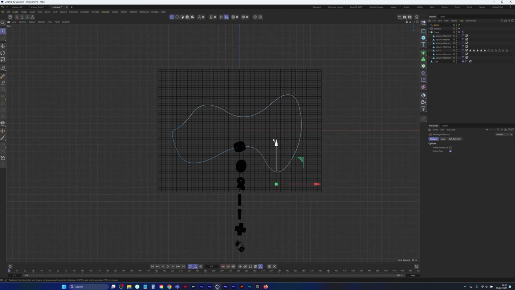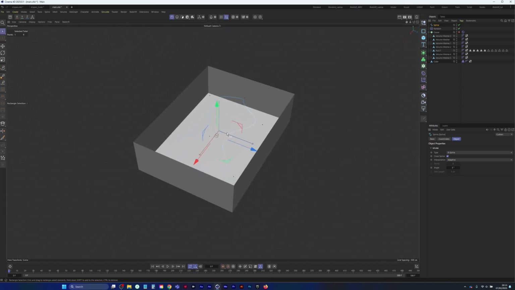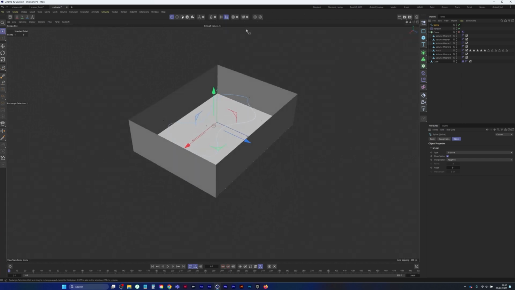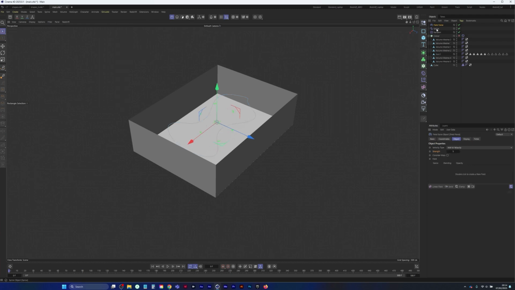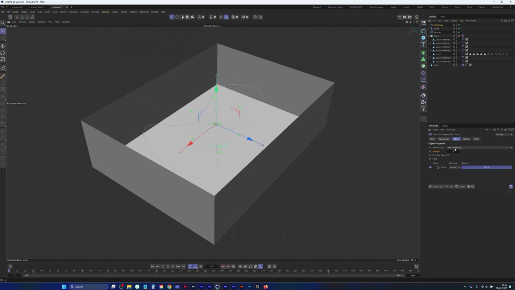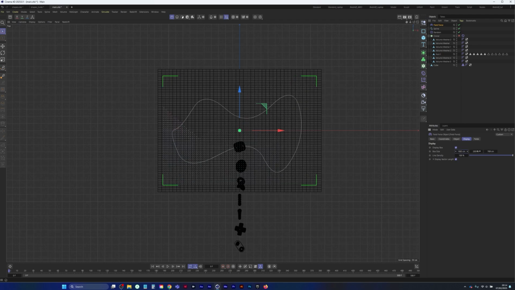And just play around with those until you're happy with the actual shape of this. And we're going to grab a field force. So let's go and do that now. Simulate, forces, field force, and we're going to tell the field force to use this spline to give it the direction. If we go into display and just scale this box up here, let's increase the line density as well up to the max. And if we bring this box up to match the size of our container,